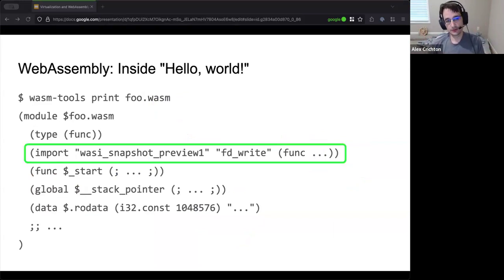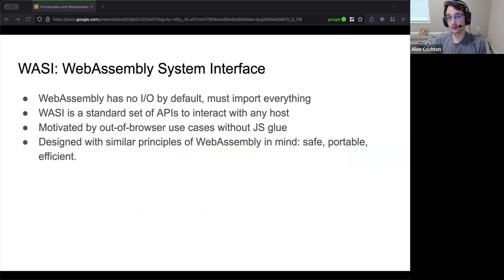But the main thing I wanted to give you a peek at is this idea of this import. I told you that WASM doesn't have any I/O capabilities. It can't print to the screen, for example. And so this is the function where you say print to a screen. This is where we introduce something called WASI. WASI stands for the WebAssembly System Interface, and it is intended to fill in this hole: WASM doesn't have I/O, but WASI can provide I/O.